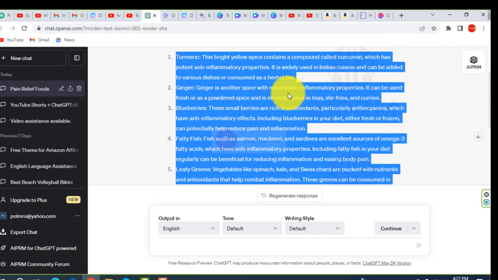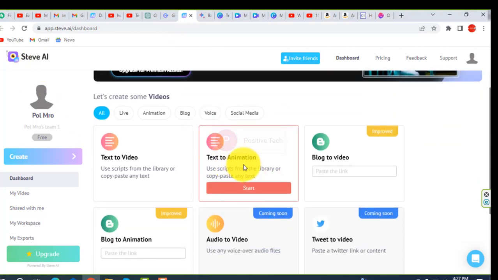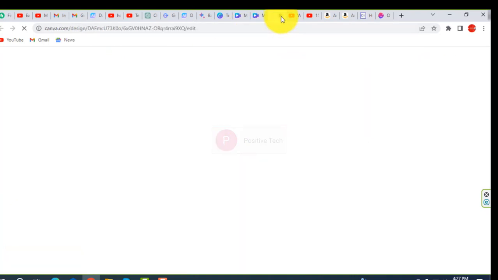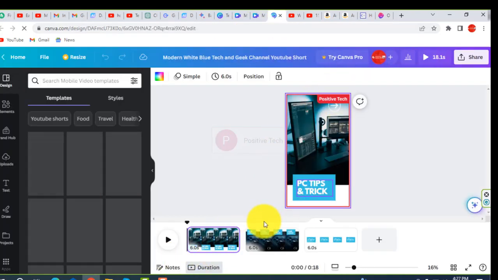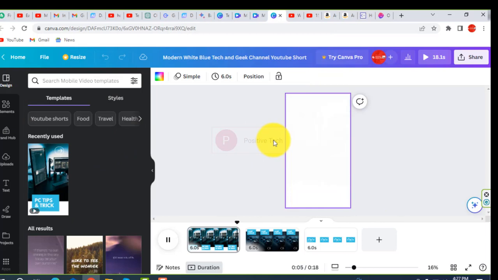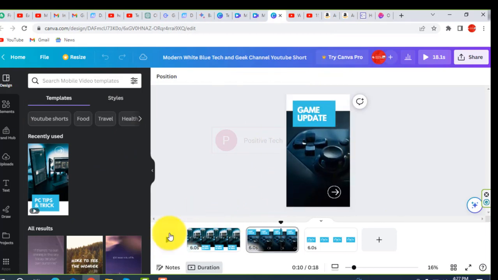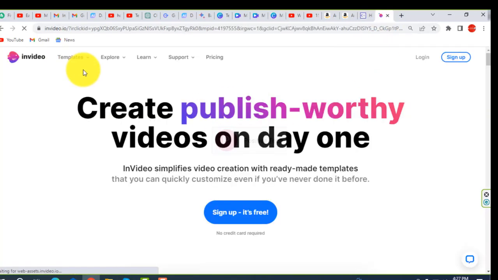You can also use a free AI like Steve AI. Here it is, text to animation, you can use it, and you can also use Canva. It's mobile friendly, and you can easily upload to YouTube. Another option is InVideo to create your videos, and this is also very easy.